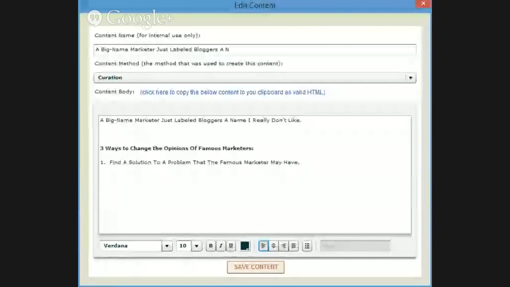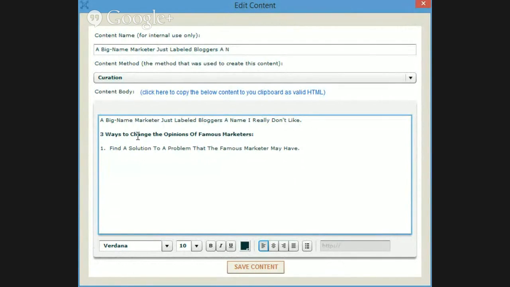Just gonna locate it. Oh. Okay. And the edit content section, there we go. As you can see, it allows you to copy and paste, move stuff around.